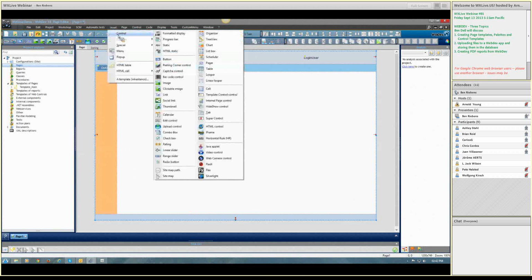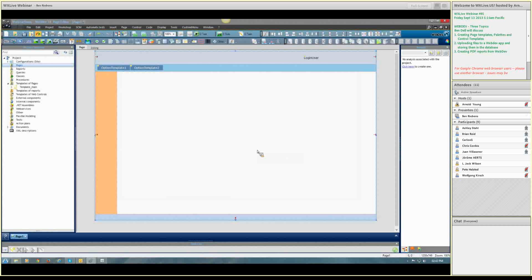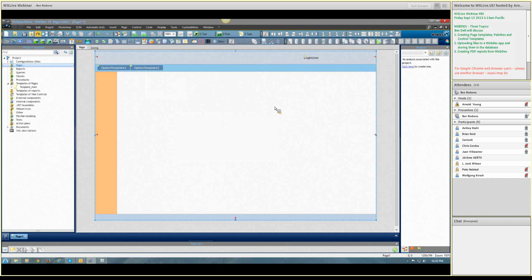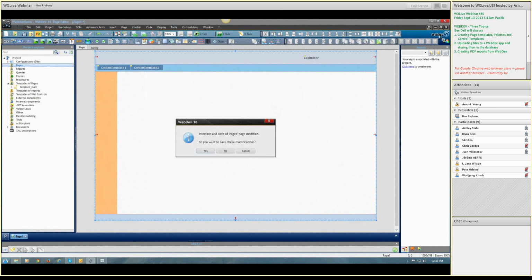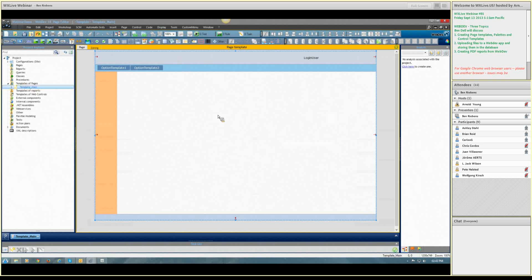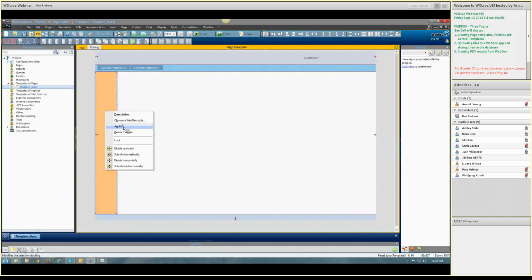Now, a lot of people, the first thing they do is add a cell in here, and then they work with the cell and adjust the cell, and then they add more information in there. Nothing wrong with it, but you don't need that to set this up. Now, one thing I know for a fact which I haven't set up, is we save that. Let's go back to our main template, and one thing I haven't set up is the anchoring on the different zones. So I go to that zone,